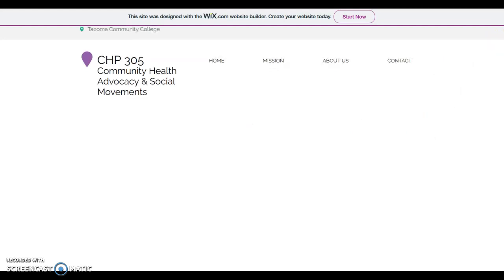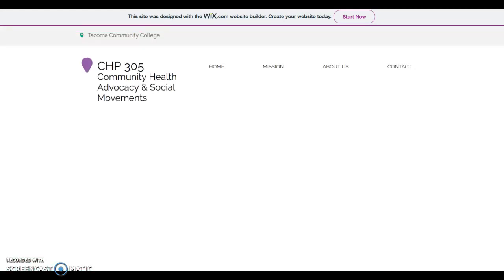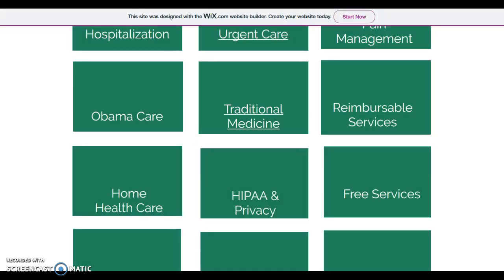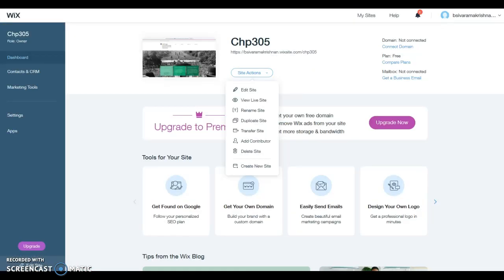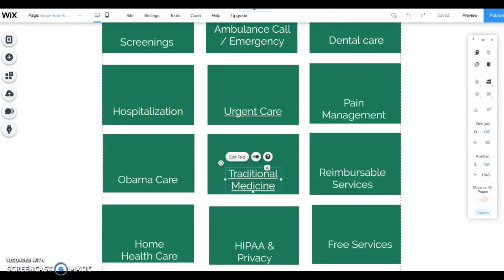Nice clean canvas for us to start a new page. So going back, I can X out of this. Now that we're back in the website editor,